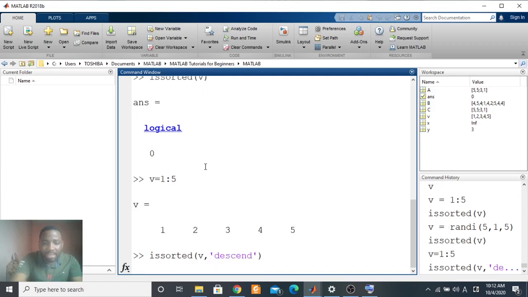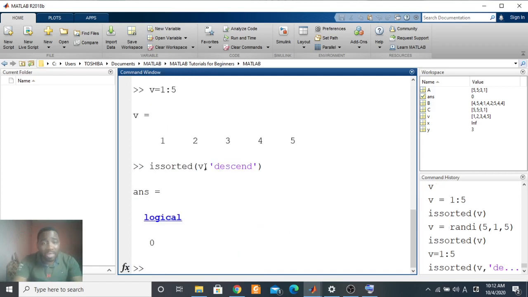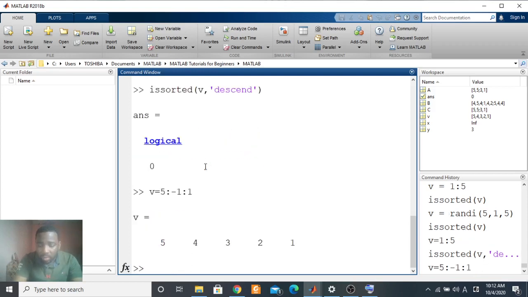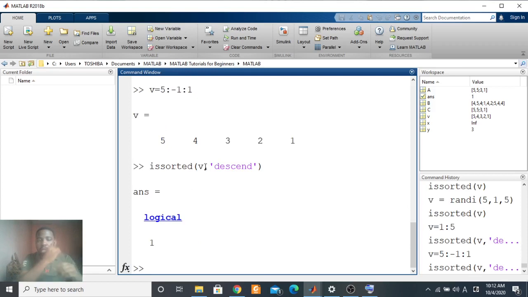So I will say 'descend', and that's 0, because V in this case is sorted in ascending order. But if I say V is equal to 5:-1:1, that's sorting in descending order, and I check that condition again, it should give me 1.